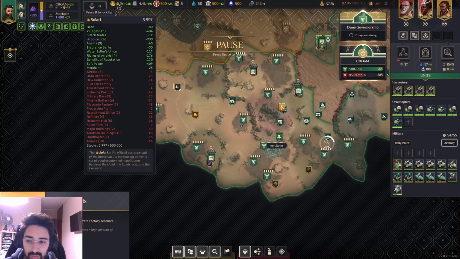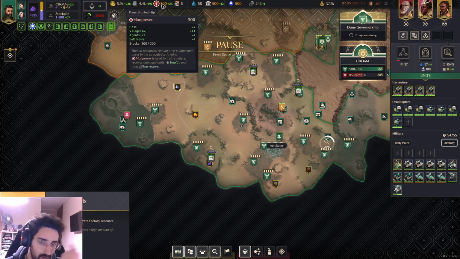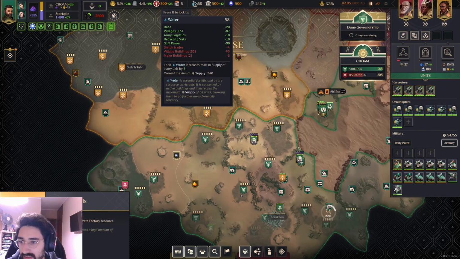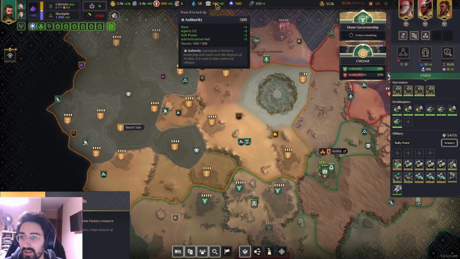Pretty much Solari, you buy stuff. Plascrete, you construct stuff. Manpower, you hire people. Fuel cell, you construct some flying vehicles. Water, you let your army go around, and then it also lets you construct some more buildings. Authority, you take